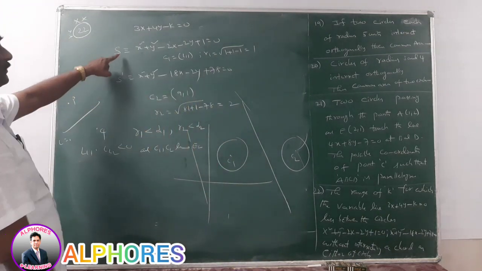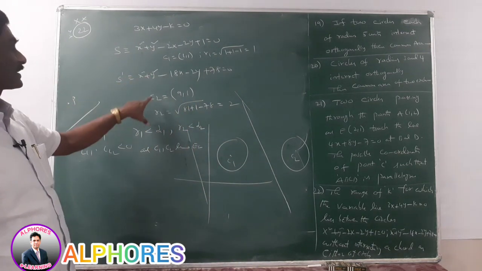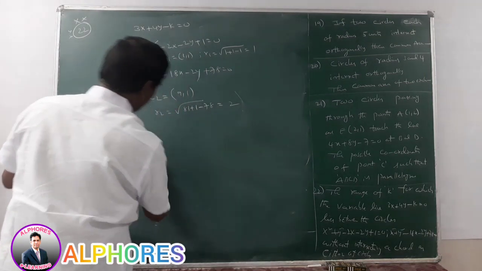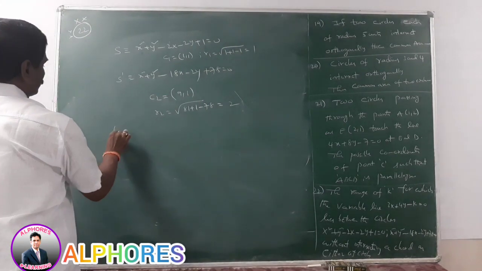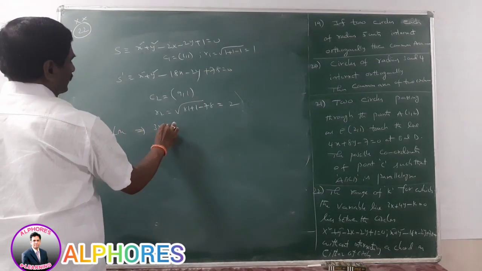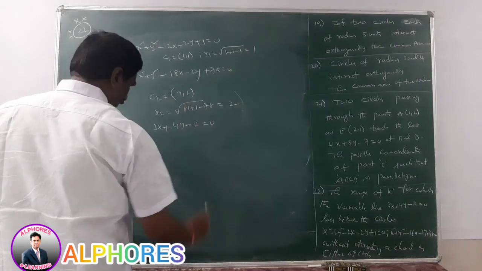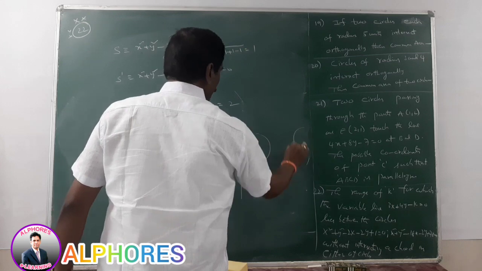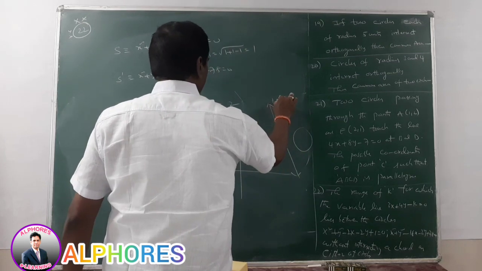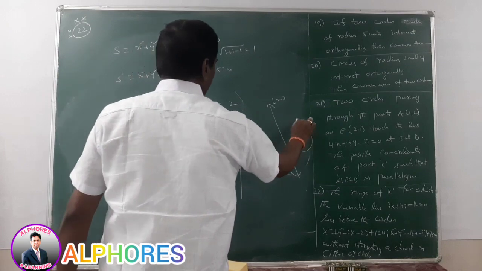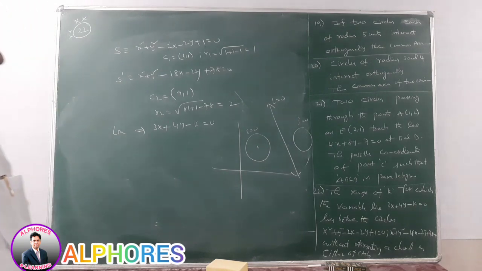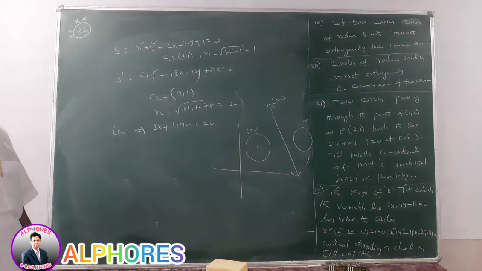First circle equation, center, radius. Second circle equation, center, radius. And the line equation, variable line equation 3x plus 4y minus k is equal to 0. Please note the diagram also. This is S is equal to 0. Since the line L is equal to 0 lies in between the two circles, without intersecting a chord on either of the circles,